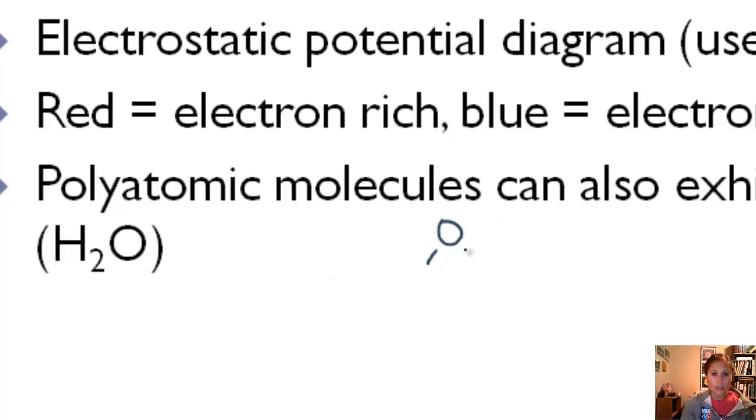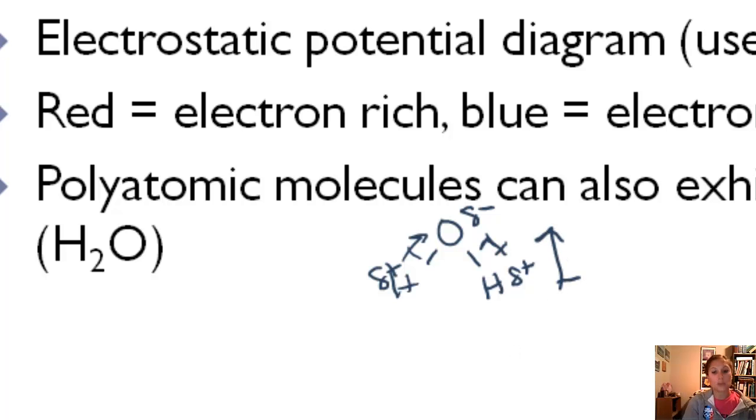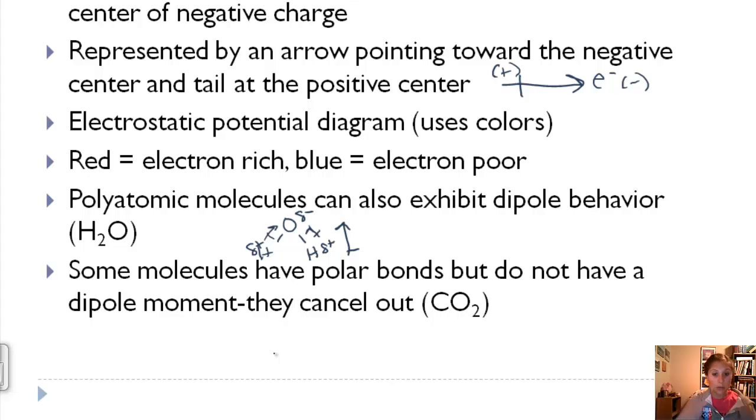And so we can have oxygen, hydrogen, hydrogen. Oxygen has a larger electronegativity, so it's partially negative. Each hydrogen is partially positive. And because these won't cancel, we have what's called a dipole in the direction towards the oxygen because of that pull of the electrons. Some molecules will have polar bonds but won't have a dipole moment because they cancel